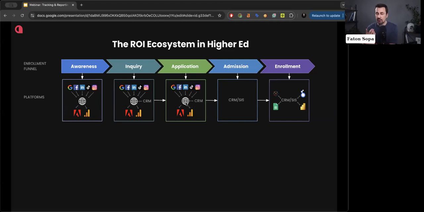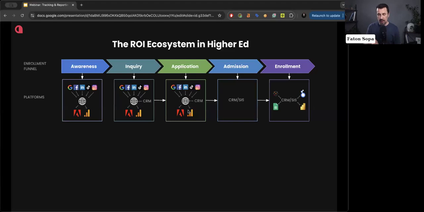Once the student fills out an application form, they go to the admission stage. Here is where your CRM or student information system plays a crucial role in how you track and report your ROI, and this is where most of the tracking issues happen. Why?